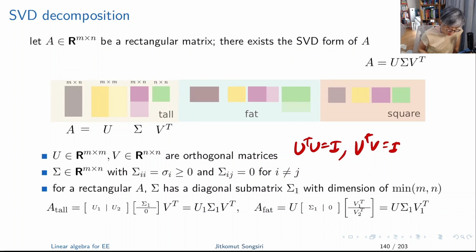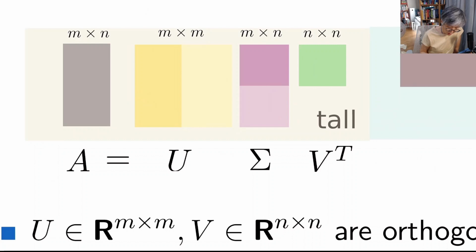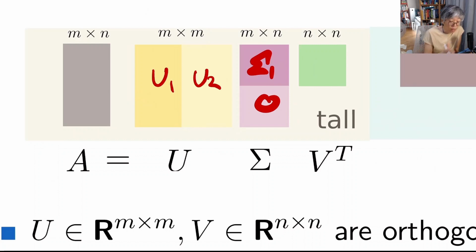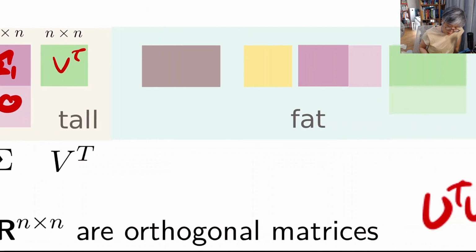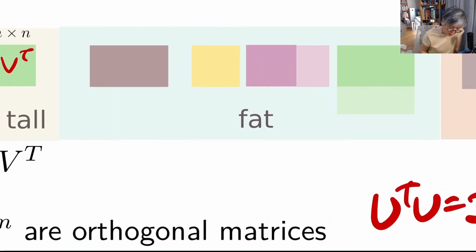For each structure of A, for example, tall case, fat case, and square case, the matrix U, sigma and V will have the following structure. When A is tall, your sigma can be partitioned into two blocks. The first block is sigma 1 and 0. And the matrix U can be partitioned into two columns. And this is V transpose. When A is fat, your sigma can be partitioned into the non-zero part, and this is the 0 block, and this is going to be U, and the matrix V is going to be partitioned into